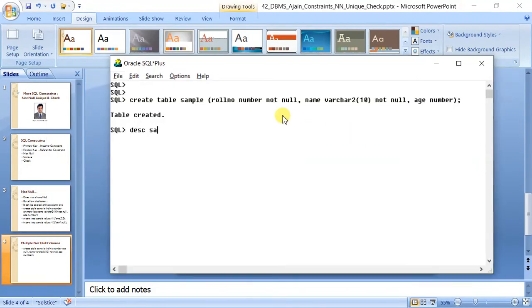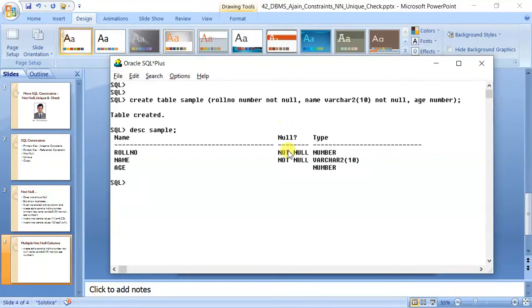Now let us see describe sample. Now you can see both of them again have not null, but none of them is primary key. Are you getting the difference? Okay. Let us insert the value. Insert into sample values 1 comma Amit